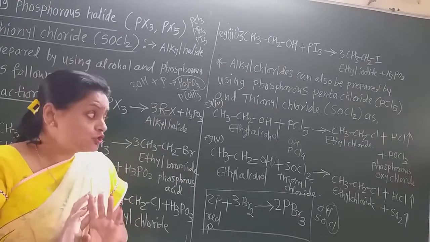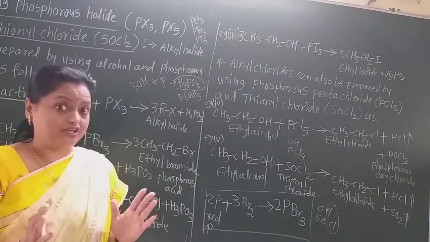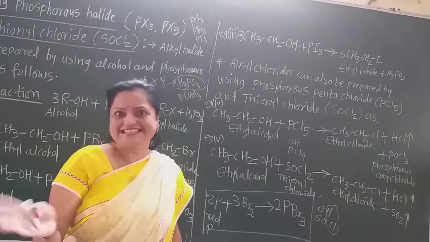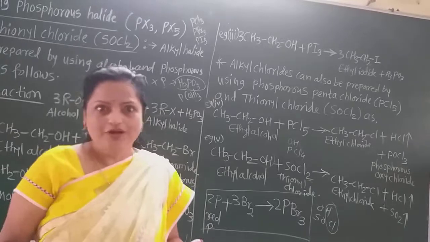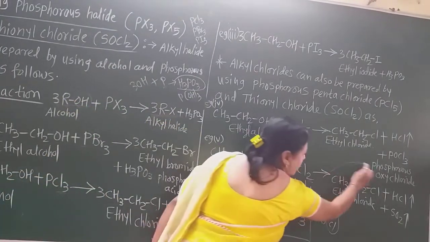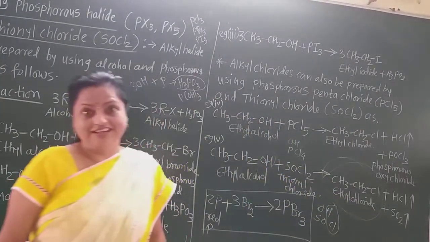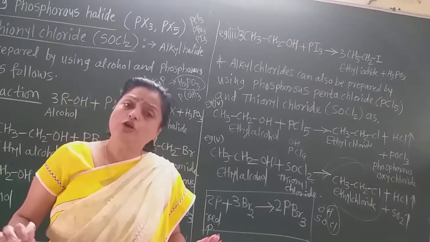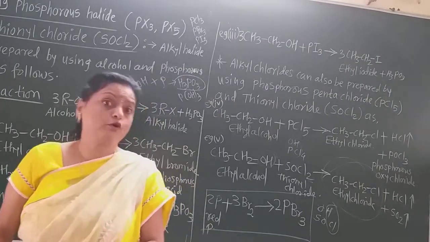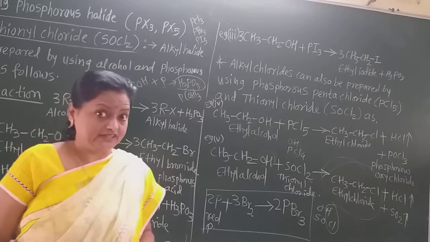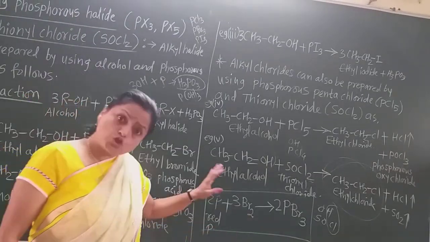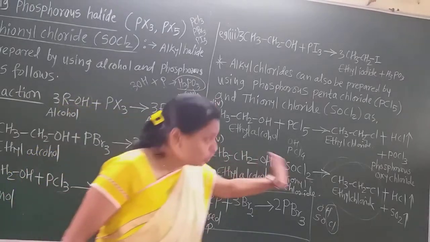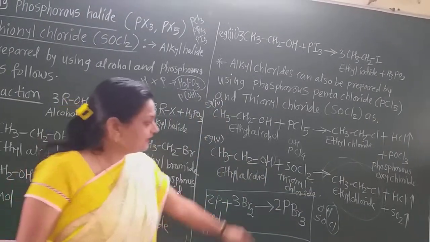That means there is no requirement of separation, because the byproducts are gaseous, they are not liquid. So the energy and money here are saved, and directly we obtain our yield, that is the ethyl chloride. So there is no requirement of separation of the byproduct and main product. So this is the very commercial method. That means it is a very economical method financially, and so for preparation of alkyl chlorides, always the reagent thionyl